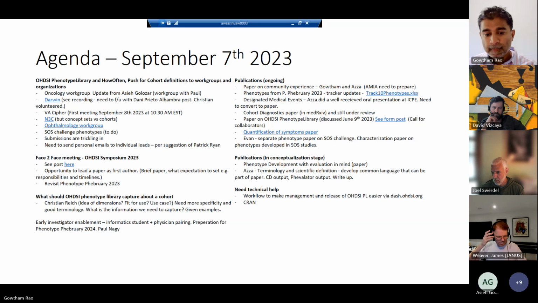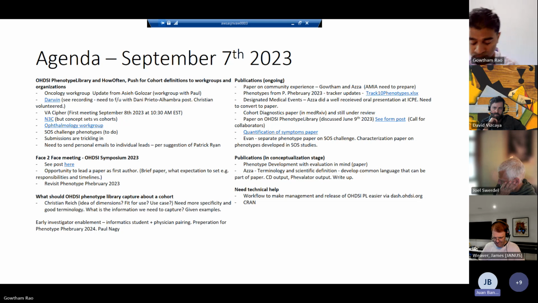Yeah, so I thought it was the phenotype library, not the cohort library, right? We spent a year and a half in the previous iteration of the phenotype library deciding that, well, we reached the decision at some point that it was okay to have just a concept set, because some phenotypes are defined that way by some people, and there's validity to that. Especially if N3C already vetted them and used them in papers, I think that we shouldn't be gatekeeping that much and should allow them as part of the definitions.